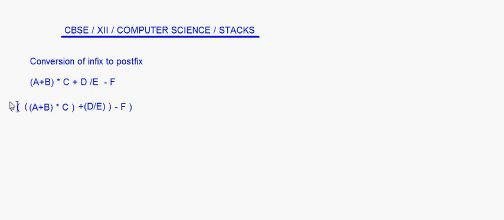Now you compare the brackets. Here A plus B, this is the innermost. After that I have one bracket here which is ending after this C. Then this bracket which is ending after this D divided by E. D divided by E itself is in a bracket. After that you have a bracket, and the first bracket here is ending here. So now after putting it like this, we will do the stack evaluation. Evaluation of this expression showing the stack status. Let's do it here.